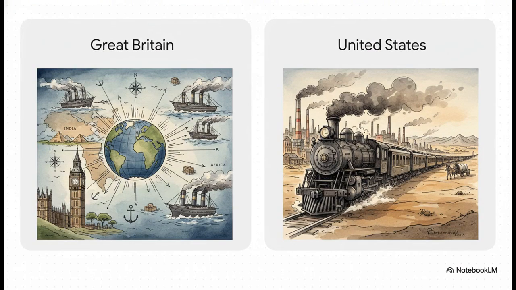The contrast in their paths during the 19th century is just stark. Great Britain turned its focus outward, building this massive global empire that the sun never set on, and it absorbed words from all over the world. The United States, on the other hand, turned inward. It focused on industrializing, recovering from its own civil war, and pushing westward across a continent, a process that brought in new words from Spanish and Native American languages.